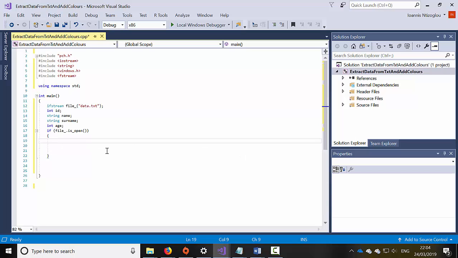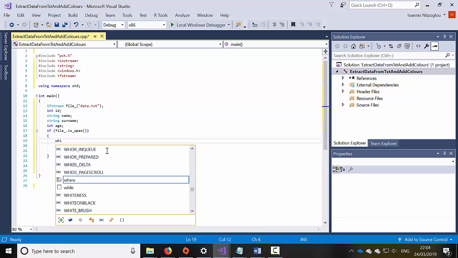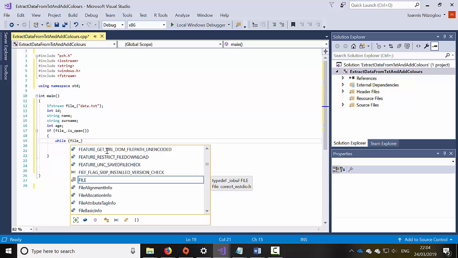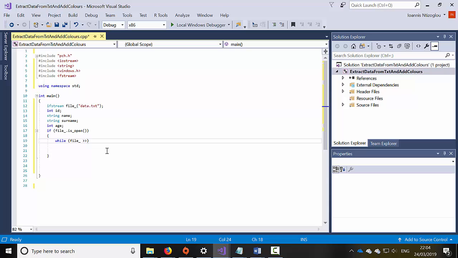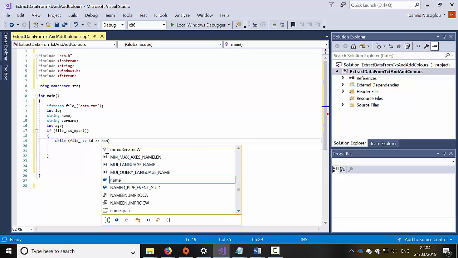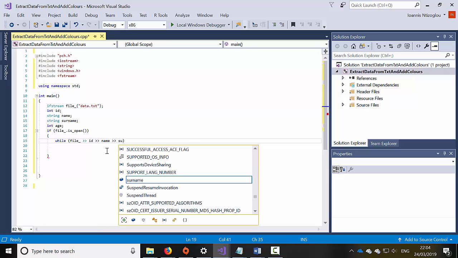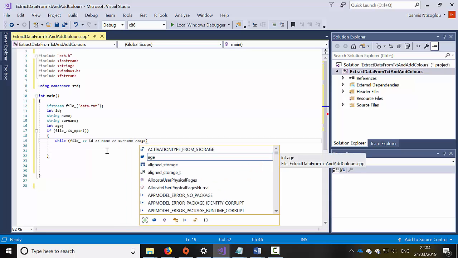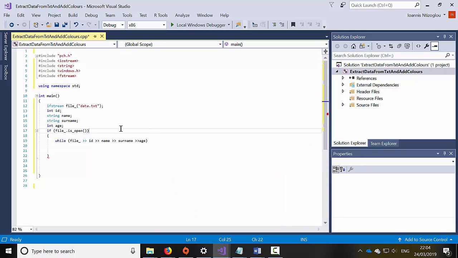And in the previous lesson I taught you how to create a while loop. So I'm going to create a while loop here. I will say while file_ greater than ID, and greater than name, and greater than surname, and greater than age. So as long as I've got these values here, keep looping. So I'm going to open a curly bracket here, close the curly bracket, and within my curly bracket I want